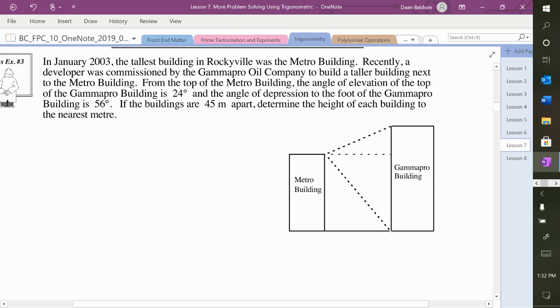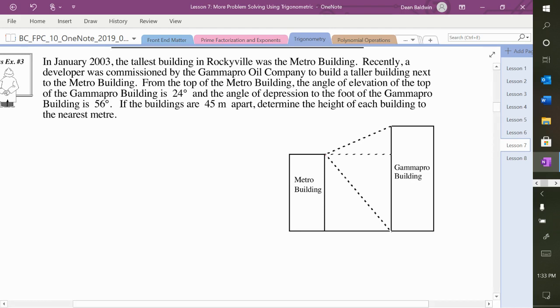Okay, so there's a lot of words here. Really, in a word problem, most of the words are irrelevant. It's usually just a few keywords. So they're telling us 2003, the tallest building in Rockyville, wherever Rockyville is. The Metro building, blah, blah, blah, developer. Okay, the important part is all the measurements. From the top of the Metro building, the angle of elevation of the top of the Gamma Pro building is